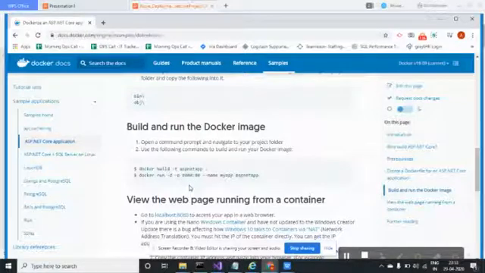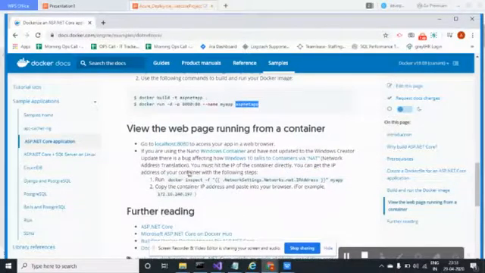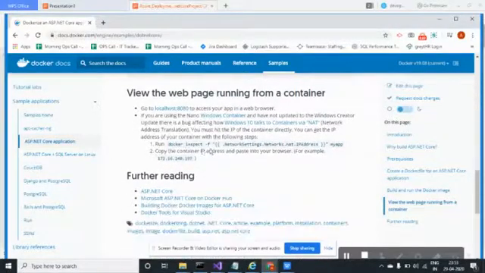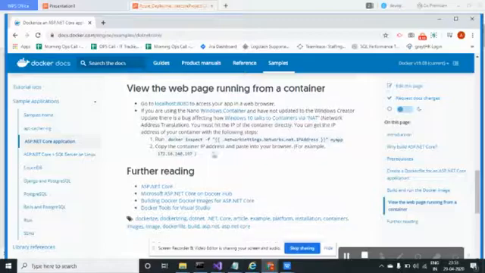This is my actual container port, and this is the port I'm going to run on that host. I'm giving the name of my application, and this is my image name. So when it runs on port number 8080 and you click it, you will access this. This is your container port, where your container is running, the actual port hosting in that container. So you can inspect the IP address or debug this.